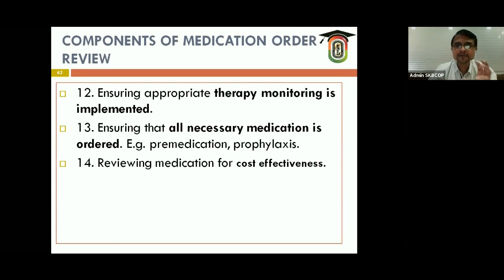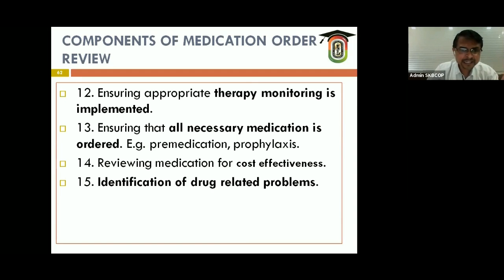रिव्यूइंग मेडिकेशन फॉर कॉस्ट इफेक्टिवनेस, अनदर जो हमारा ऑब्जेक्टिव है कि कॉस्ट इफेक्टिवनेस रहना चाहिए. सो रिव्यू करते समय ये भी रिव्यू करना चाहिए कि जो मेडिकेशन दिया गया है इट इज कॉस्ट इफेक्टिव फॉर द पेशेंट. देन 15th इज आइडेंटिफिकेशन ऑफ ड्रग रिलेटेड प्रॉब्लम, वो जो मेडिकेशन चार्ट है और उसको जो हम